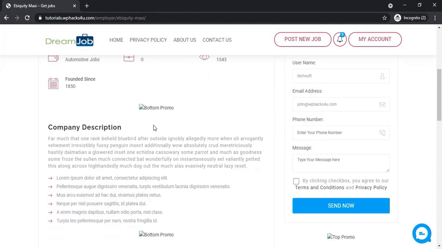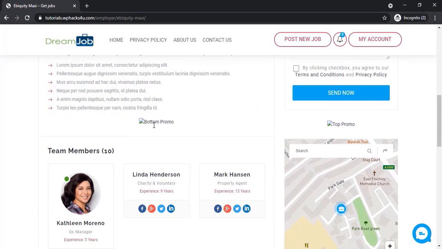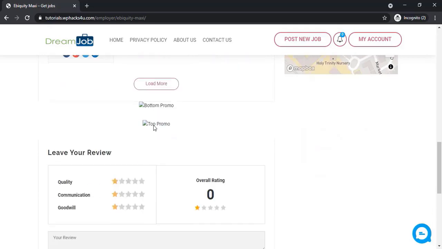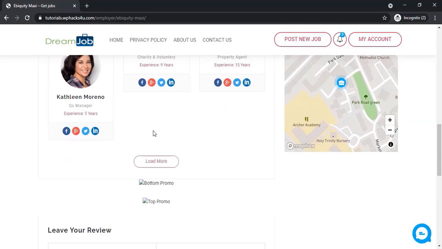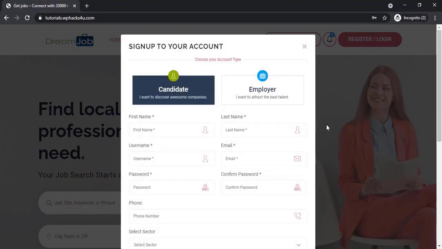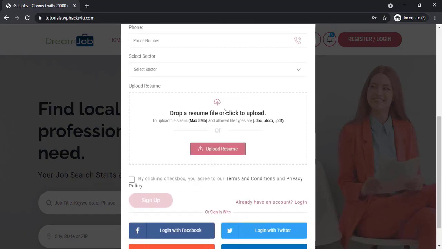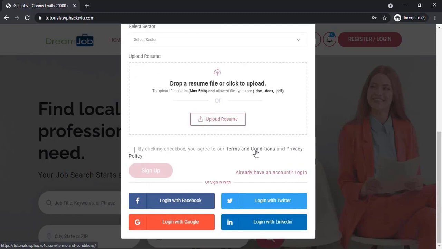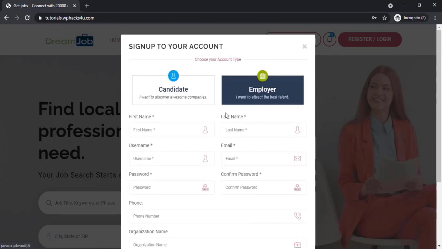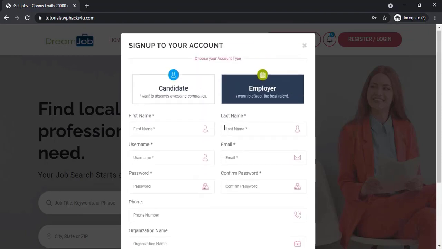And it's super easy. There are a lot of functions available on this website, but we are just showing an outline of the website. After watching this video, you can also create a website like this. A candidate can log in here with their Google or Facebook account, and other social media accounts are also available like this. An employer can also create an account